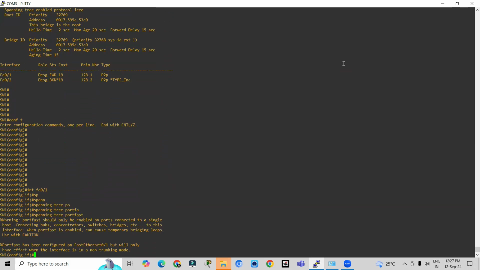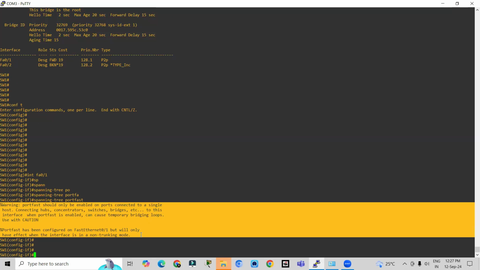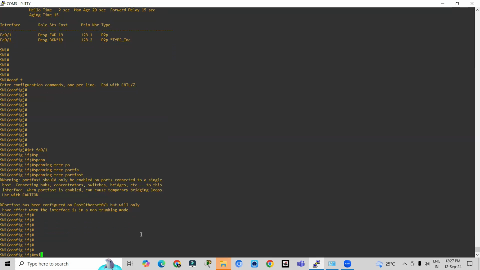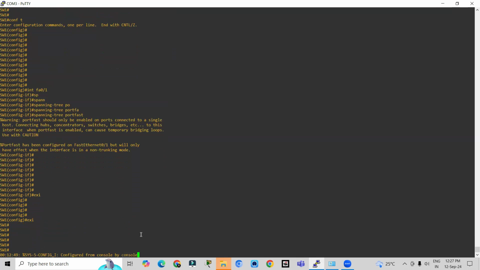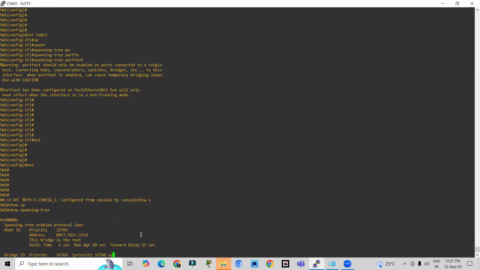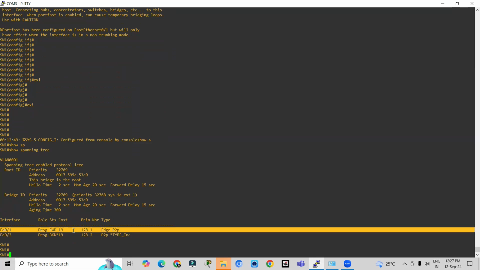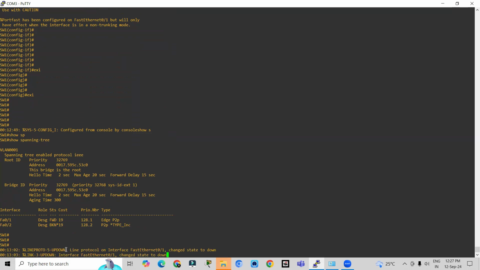This command is used to configure the PortFast, but there is a warning that this can only be configured on a non-trunking link. So let me go again to the privilege mode, put a command show spanning tree. So it will show FA0/1. Let me disconnect the cable, and when I connect again, it will automatically boot